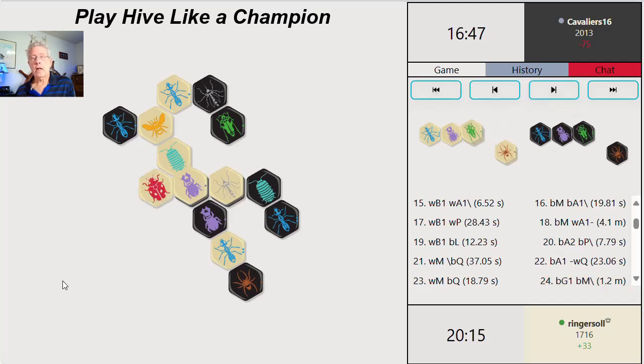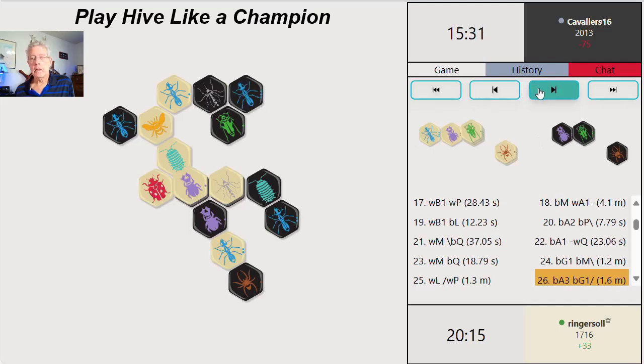I bring in a ladybug, and in retrospect, I thought about bringing in a grasshopper at this point. This ladybug can attack almost anywhere. The grasshopper, however, the only place that it could attack is using Pillbug power to move to there. So when black brings an ant and the ladybug jumps over, I could very easily have used a grasshopper to do that, leaving the ladybug, which is a lot more flexible, available in reserve, but I didn't. And then at this point,